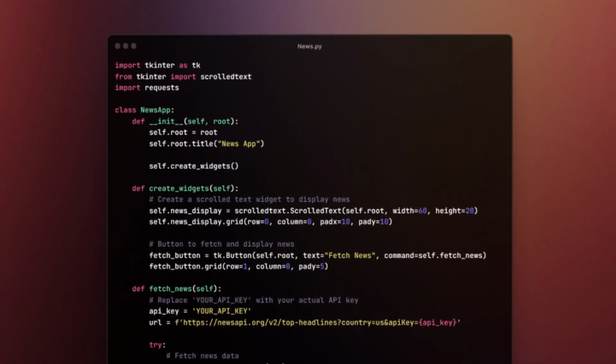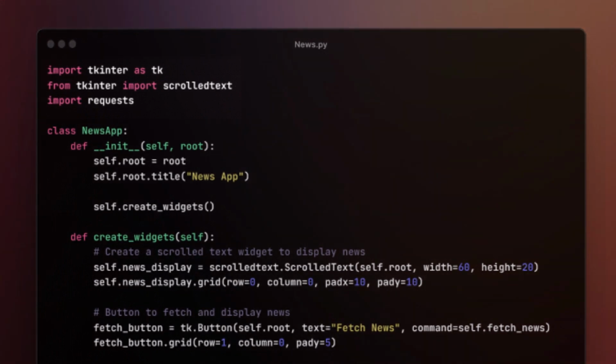We begin by importing the necessary libraries, like Tkinter for the GUI, ScrolledText for the text widget, and requests for fetching the data from the News API. Now we will initialize our main class, which is NewsApp, which will handle the creation of our GUI. Inside the class, we have to mention create widgets. Here, we define the structure of our GUI, including a ScrolledText widget to display news and a button to